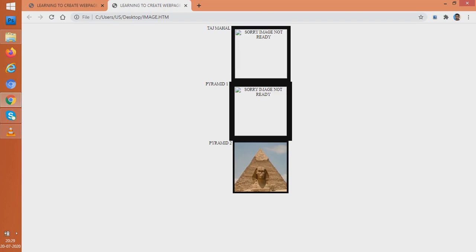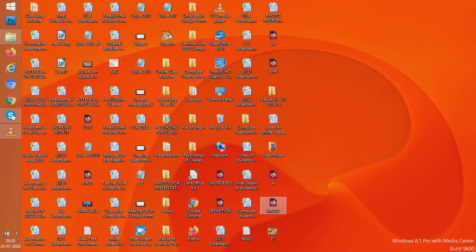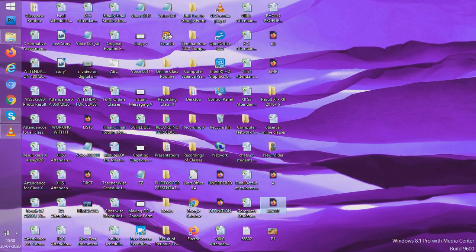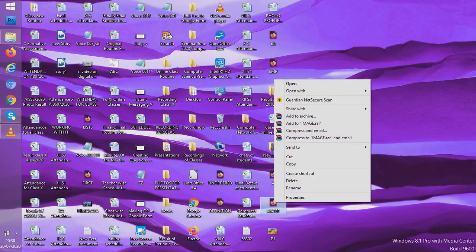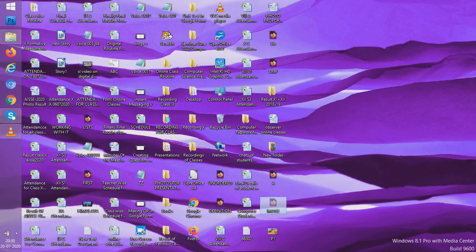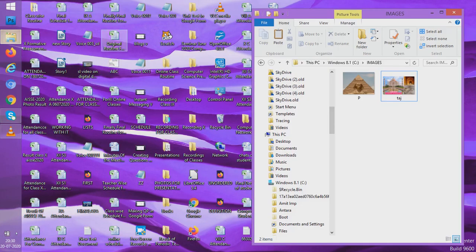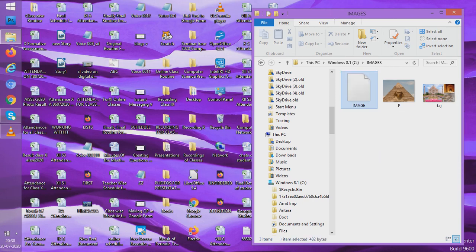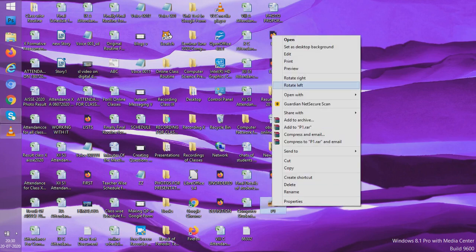So I think students have understood. Now one last thing that you should understand is that I had to give the path, that is C drive, images, everything. Why did I need to give those paths? Because I have kept my JPG file and my .html program at different locations. Now suppose I cut this given file from here and paste that file in C drive images. Say paste it here. And now let us also paste p1.jpg back so that no mistakes are there.